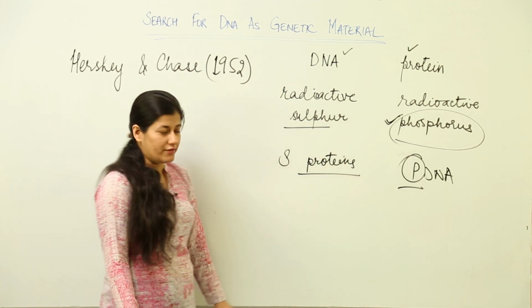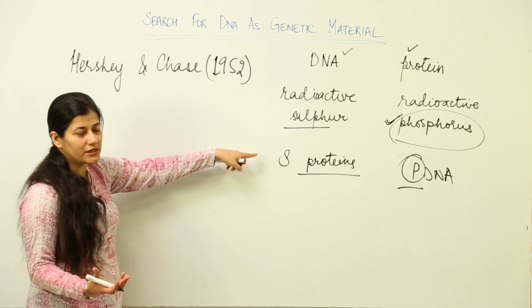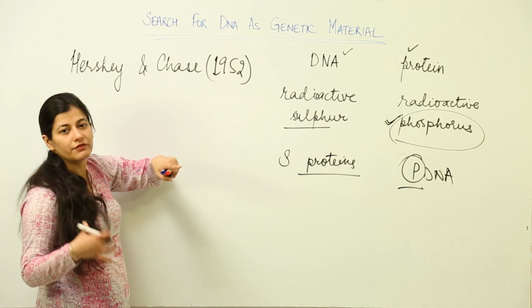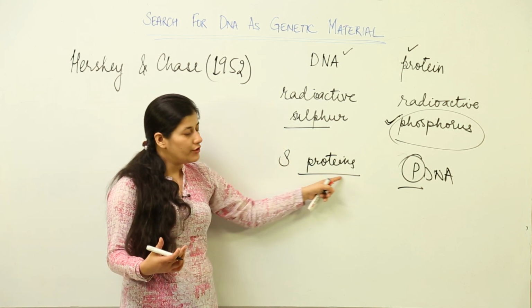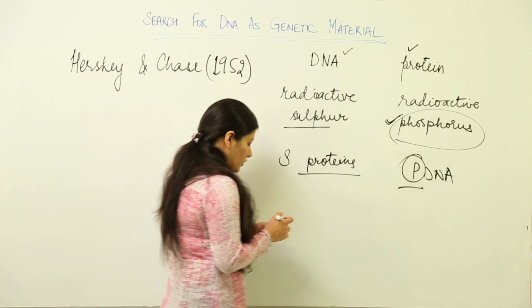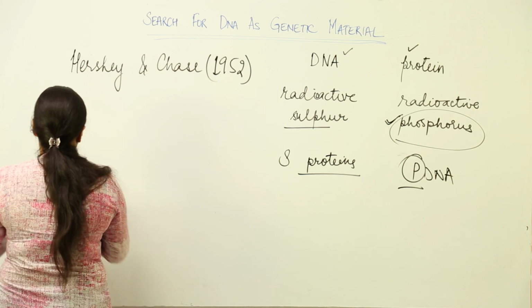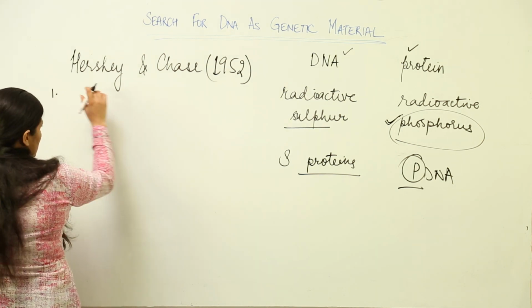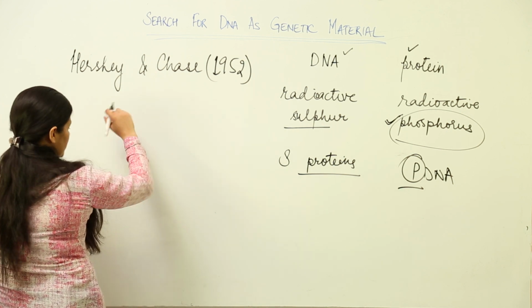Okay. So we have heavy atoms of both sulfur and phosphorus taken into account. The medium contains radioactive sulfur. Whichever viruses grow out of that medium, they will have radioactive proteins, and this will have radioactive DNA. Now, subsequently, we are going to conduct an experiment in 3 stages, where the first stage involves growing it on radioactive sulfur and phosphorus individually.